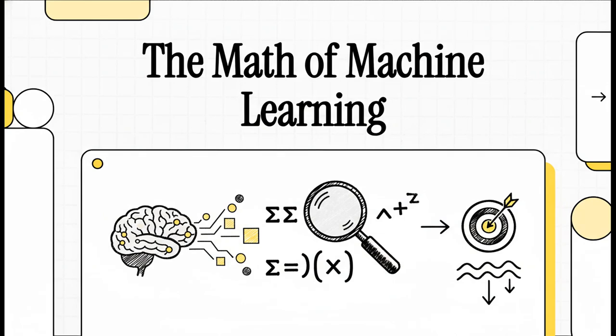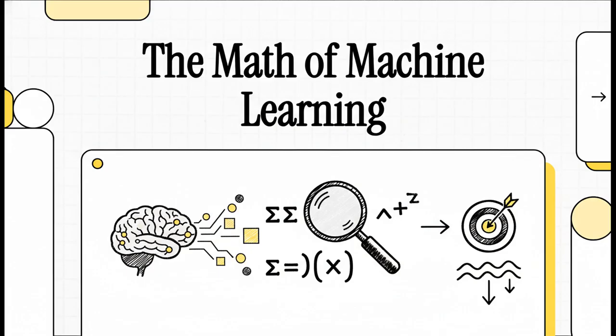Have you ever found yourself wondering what is actually going on under the hood of an AI? How does it go from looking at a bunch of random data to making these incredibly smart predictions? Well, it turns out it's all about math. So today, we're going to go on a little mathematical quest to find the engine that really powers almost all